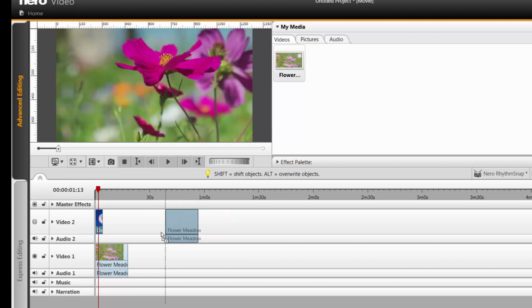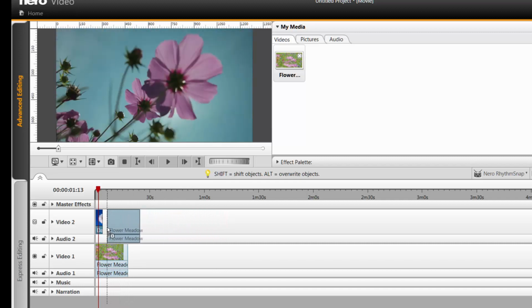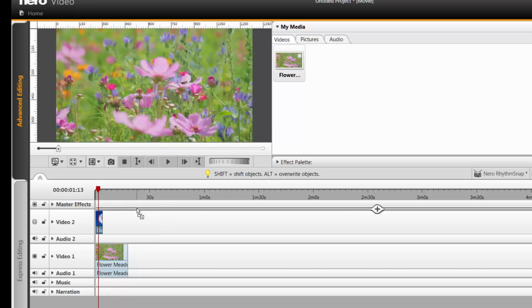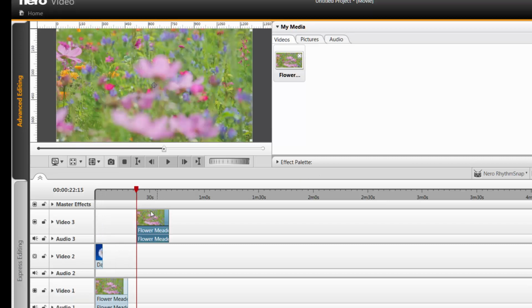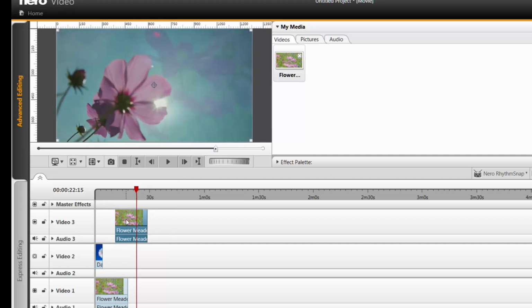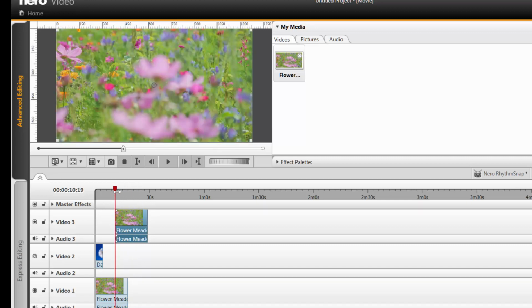If we download this audio to here, let's take it up on another tab. So you just left click, hold, and when you see the plus sign in the middle of the screen, let go, and that's now up there. At the moment, this is the top most visible layer, but it's not visible until we get to here because there's nothing on the playhead there. So if we play that now,